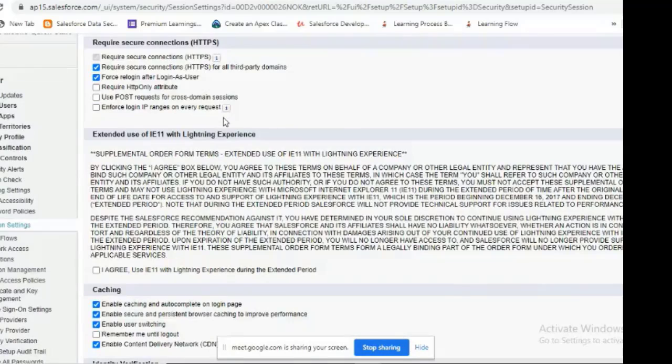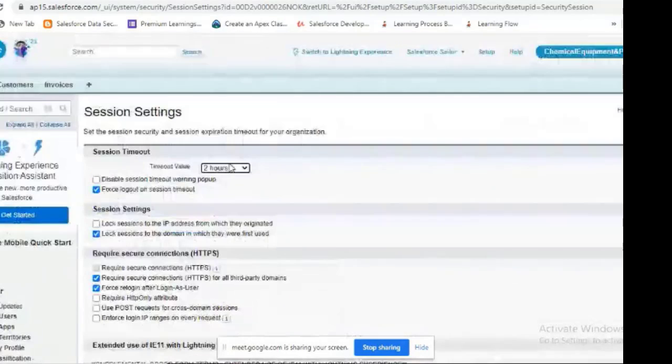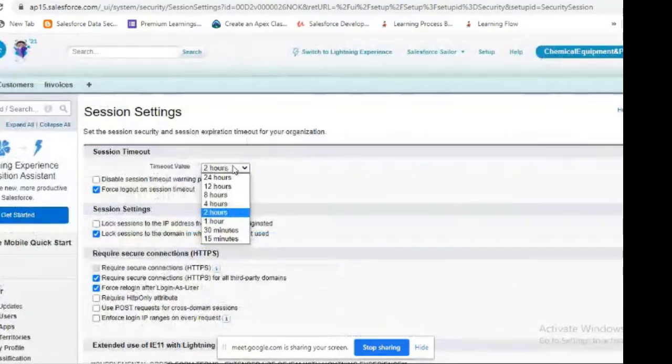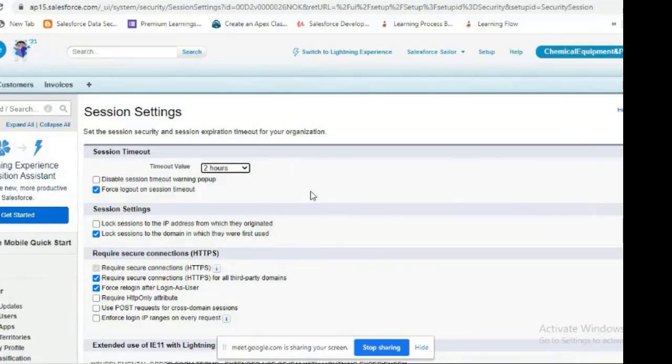So it depends upon what the organization is using, what requirement comes from the client to implement that. I have selected 2 hours. For example, if I leave my system here, this org will be active for 2 hours, and after 2 hours it will